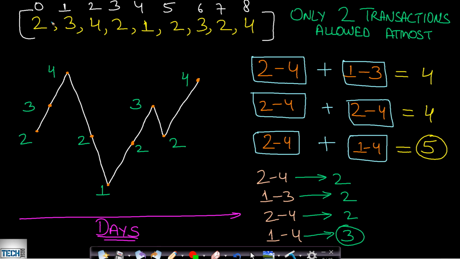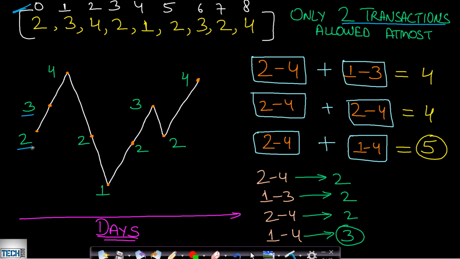Well, in this problem, let us assume that I have taken a stock and these are the days on which the prices are fluctuating. This is the same stock and the prices are given for different days, which will be represented in the form of an array. Now, given this array, that is the price of a stock on different days, we are allowed a maximum of 2 transactions and we want to find the maximum profit which we can make on buying and selling the stocks, and the maximum transactions will be 2 only.